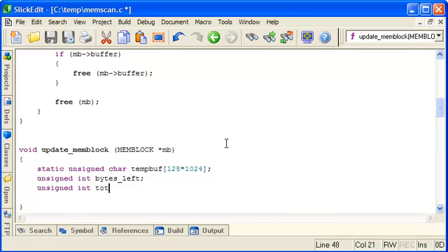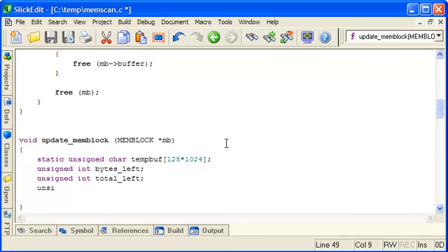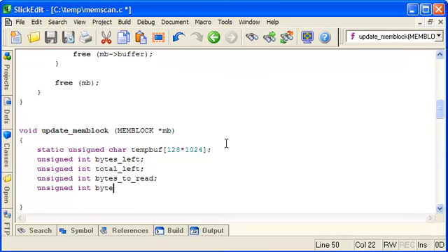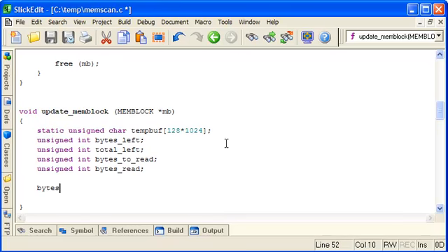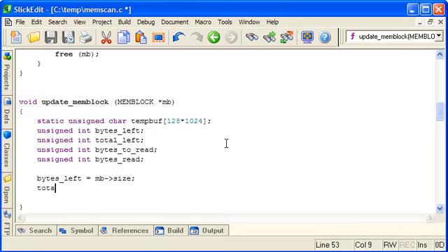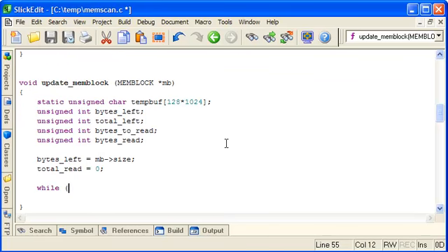So we need a total, and we'll see how these get used now. So bytes left is how many there are still to read. So it starts off as the size of the block, and the total read starts as 0. So while there are still bytes left to read,